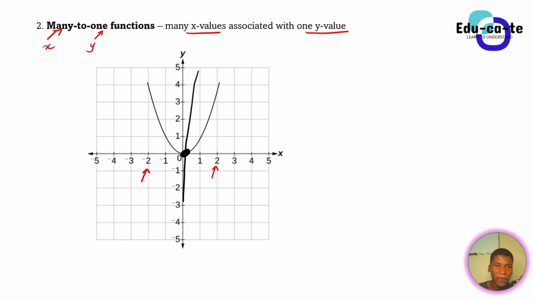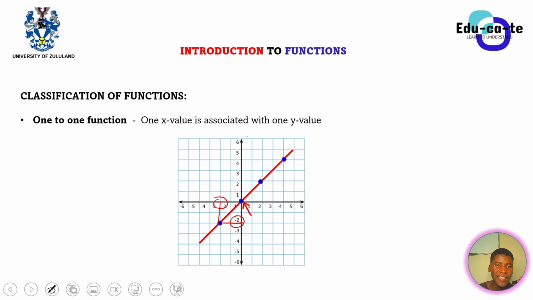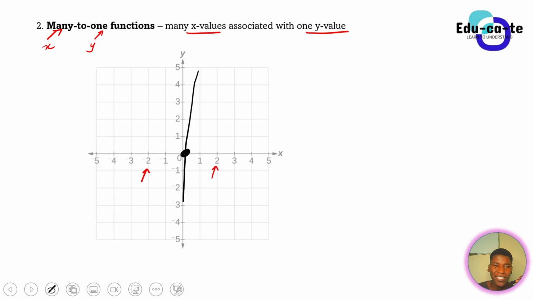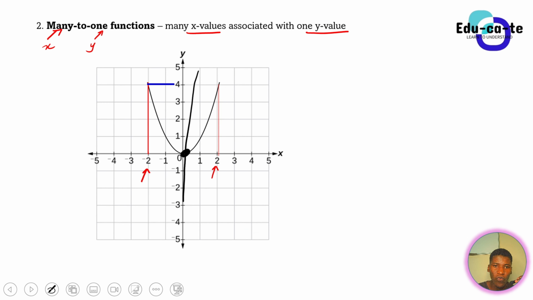Let's look at this one, for example. This is a straight line. This is a function indeed. If I put a vertical line like this, it only intersects at one point. So in the vertical line test, you put a vertical line. If it's a ruler, make sure that you put it vertically. If it intersects at only one point, we say that it's a what? It is a function. But if it intersects twice or more than that, then you say it's not a function.